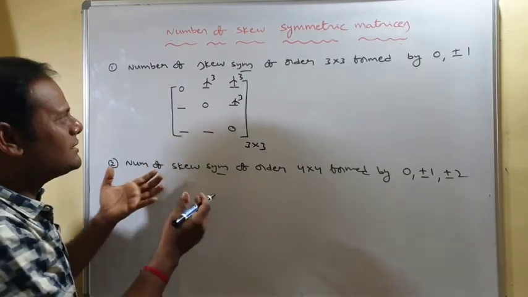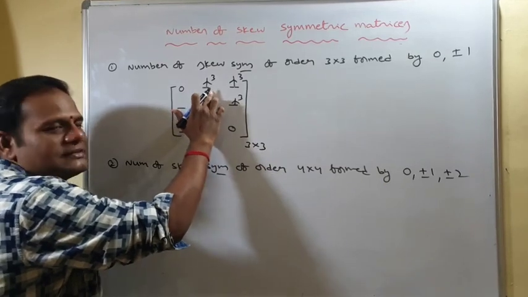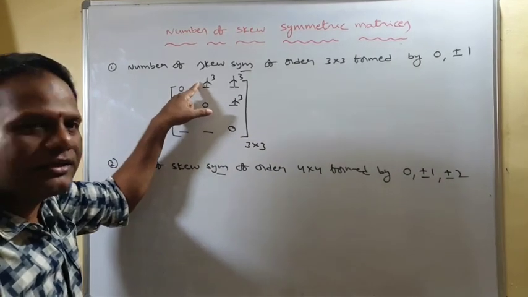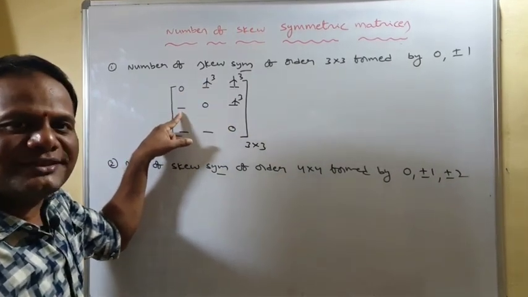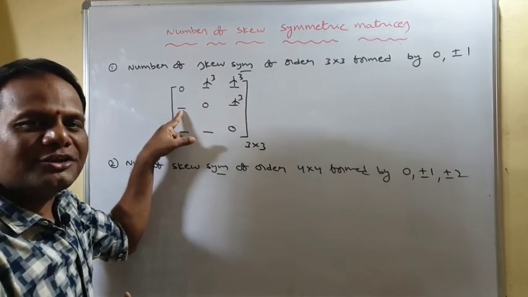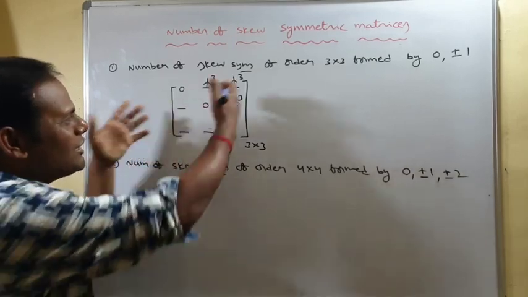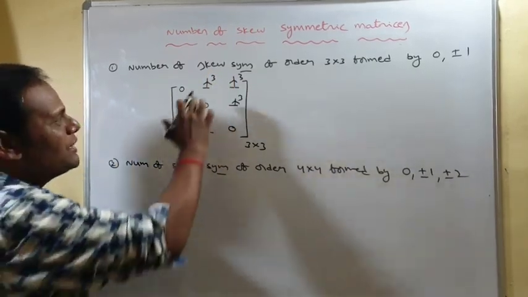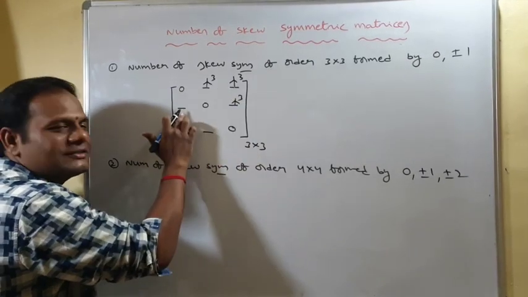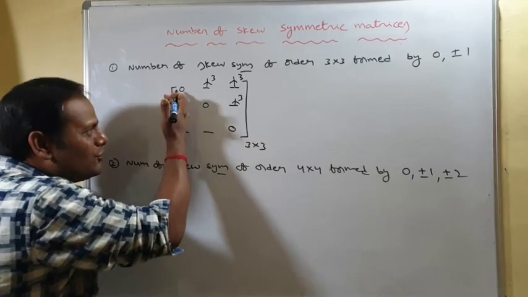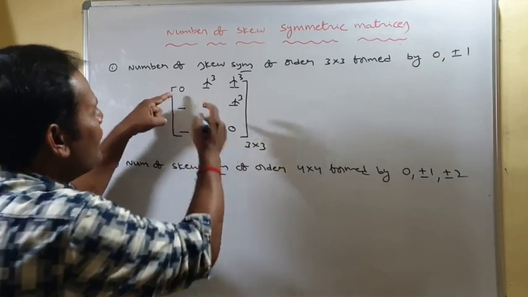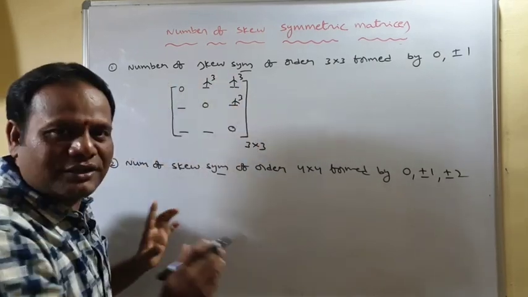No need of taking these, why? Because if you fill this place, automatically you can get this element. Suppose here if you take plus 1, minus 1 occupies this place. Suppose here if you take minus 1, plus 1 occupies this place. You know how to write an example for skew symmetric. Here if you take 1, you must write minus 1. If you take minus 1, you must take plus 1. That is the reason we don't bother about these gaps. Automatically those will be filled if you fill the upper triangular portion.